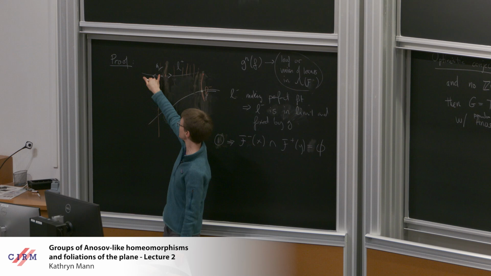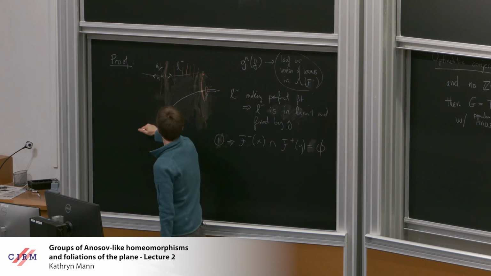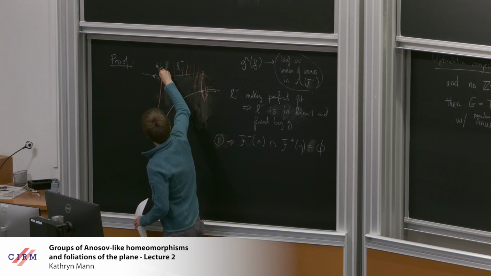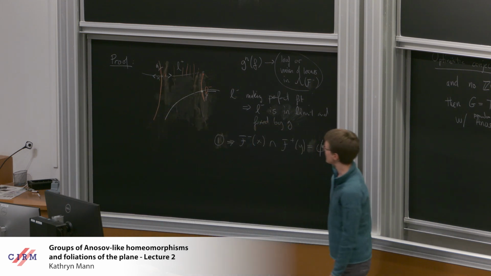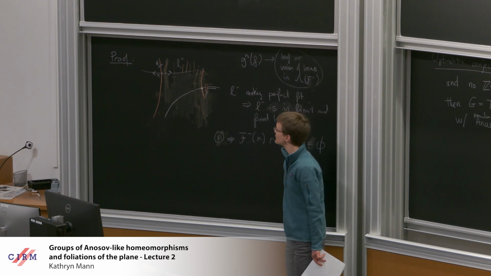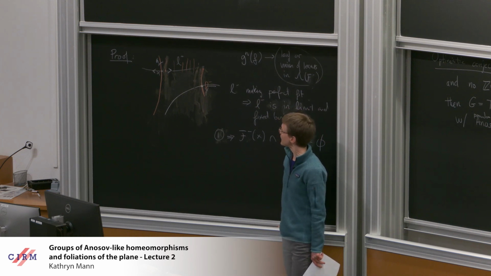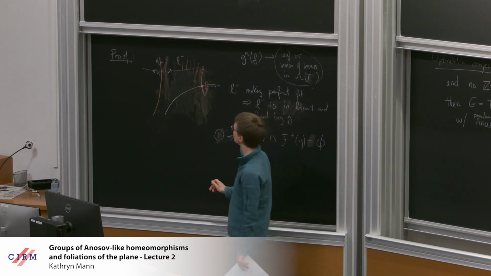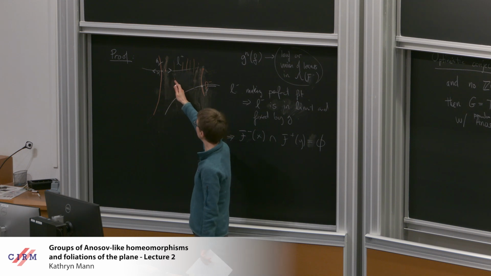Now we have an extra fixed point. I have a unique fixed point in each leaf. All right, and now I need this neighborhoods property again. And this I get, again, by iterating the dynamics. So for instance, to check that